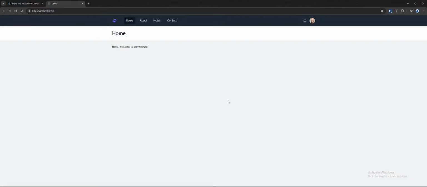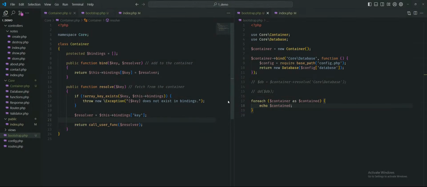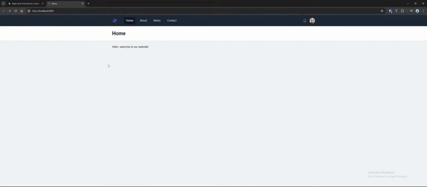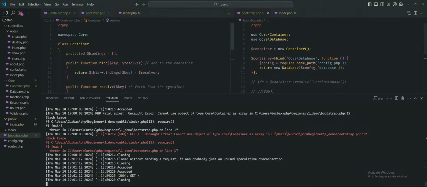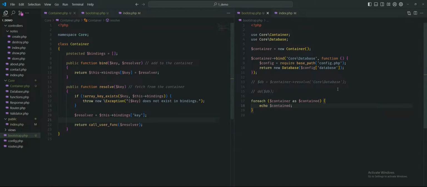Why is it working? And more importantly, what is it doing? It's not echoing anything. Please echo. So it's an empty object. That doesn't make sense. Can I? You know what I'll do? I'll just